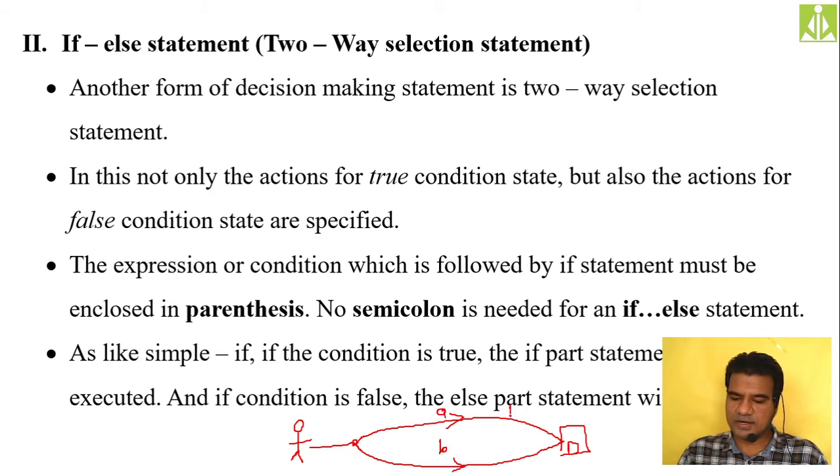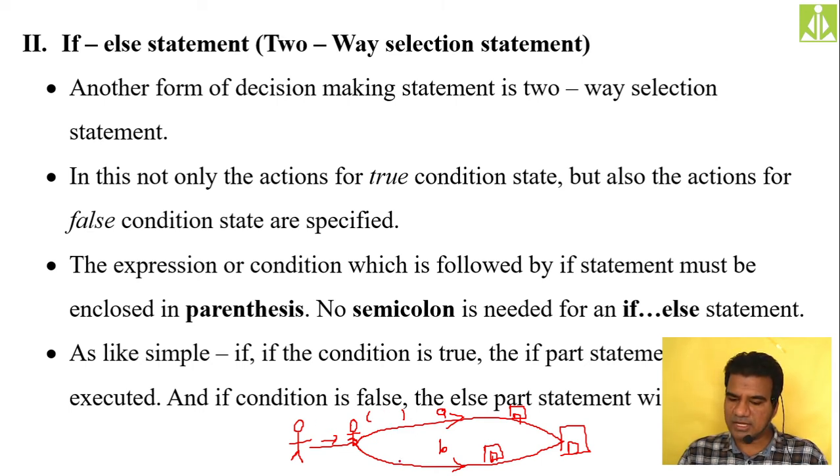Here you have your friend's house and here you have the bookstore. When you are reaching this point, this if else part, you will put some condition: if I need to buy textbooks. If that is true, if you really want to buy the textbooks, then what will you do?